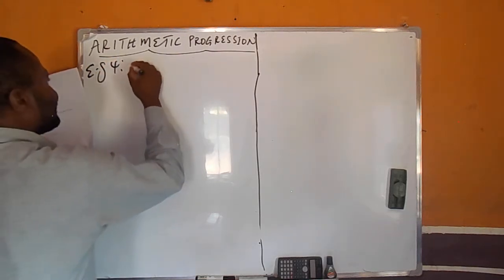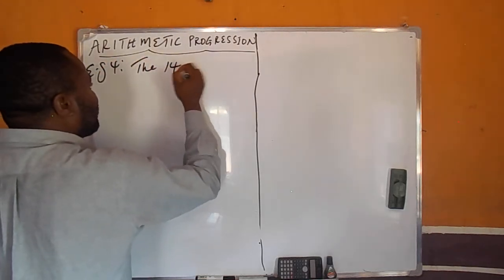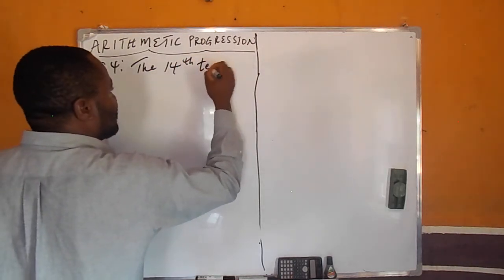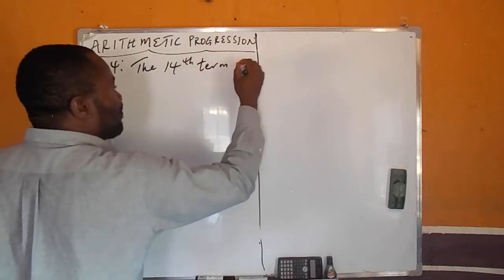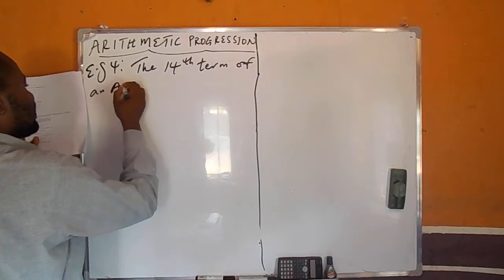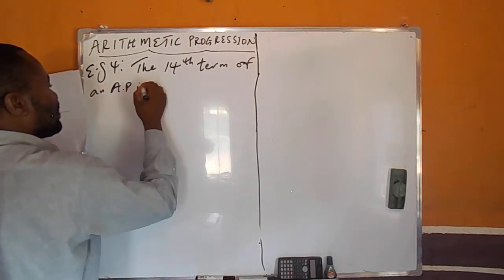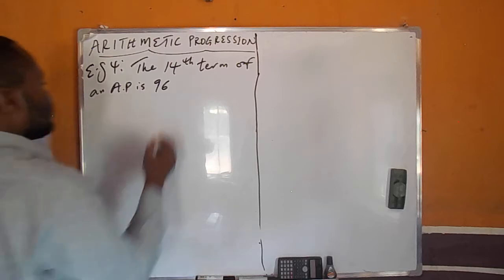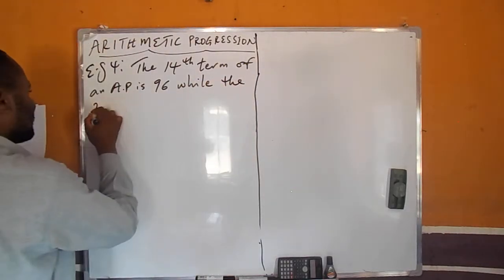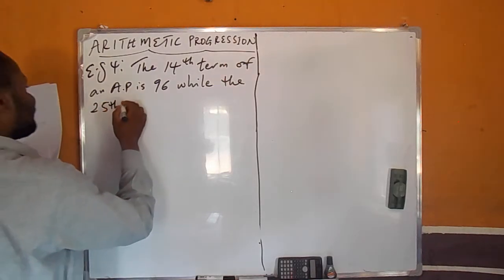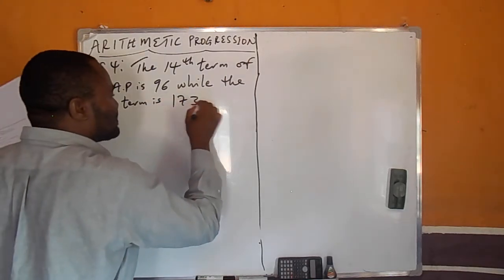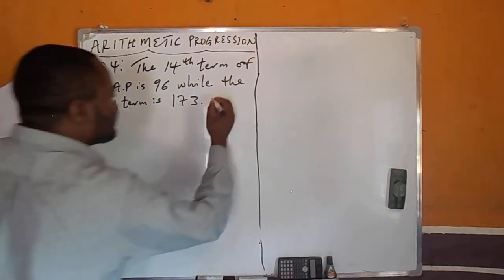It says that the 14th term of an AP is 96, while the 25th term is 173. Find the